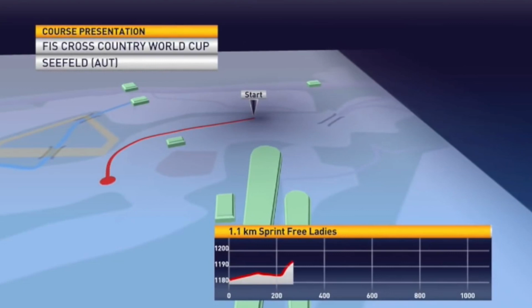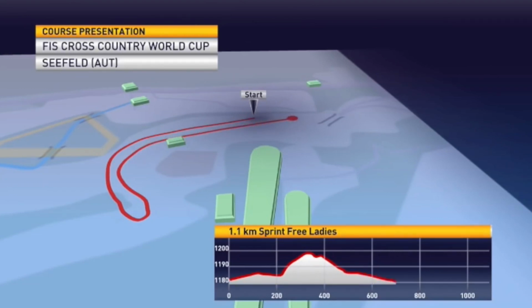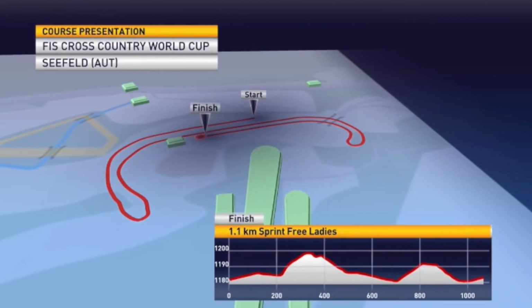They start exactly the same into a gradual uphill, and the women will take a sweeping left-hand corner and drop back down into the stadium. Look for some fast no-pole skiing into a more gradual uphill where they'll be jostling for position. Then a sweeping right-hander into a small downhill into some very fast finishing lanes. At just 1.1 kilometers, this is a pretty short sprint time-wise for women, so look for some aggressive skiing from